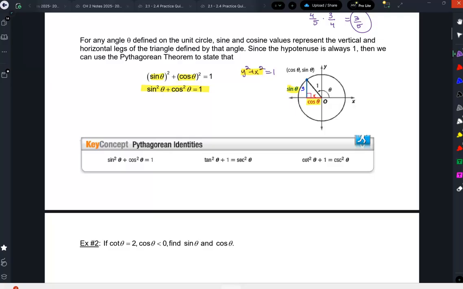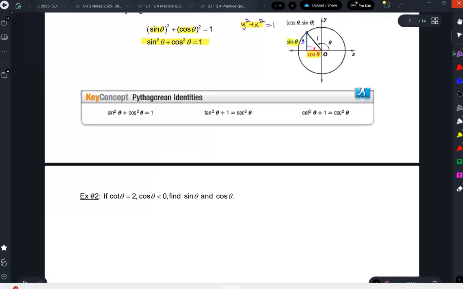There is no way you can be in a pre-calc class and not know sine squared plus cosine squared equals 1. You need to commit this to memory. Now, this Pythagorean identity has friends, right? If I take sine squared theta plus cosine squared theta equals 1, and just for fun, divide everything by cosine squared theta,